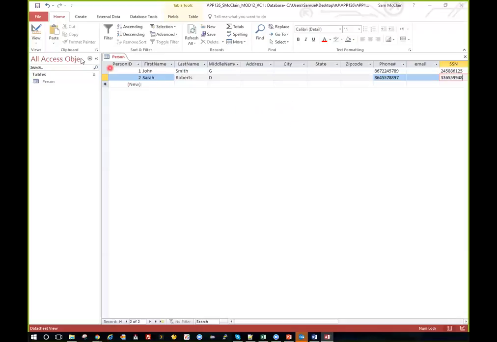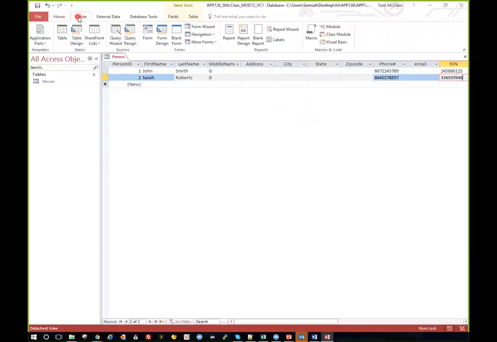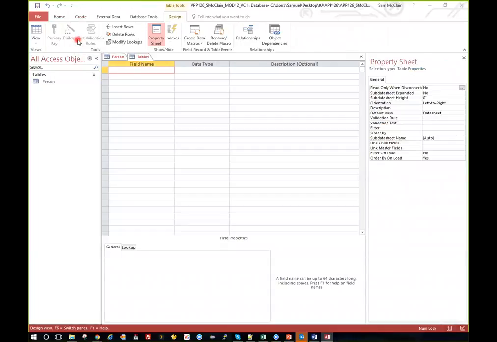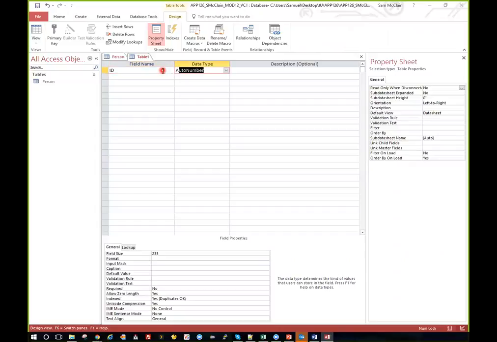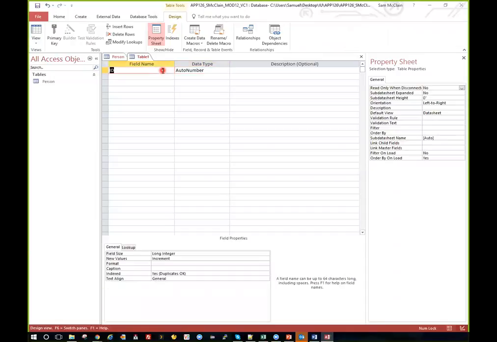What we would do next is go over to Create, because we're going to create 2 more. We're going to go to Create in Table. Now I can choose either Create Table Design or Create Table. I'm going to choose Table Design to go back into Design View immediately. So this one is going to be ID. It's going to be Auto Number. And this one's going to be Car ID. It's going to be Make, model, year,